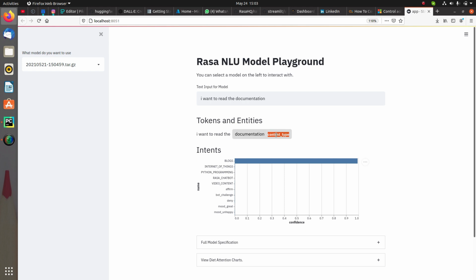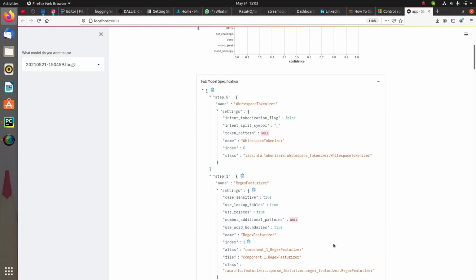In this way you can do intent classification and entity extraction in the live NLU mode, and that is possible because of Rasa Lit. I think that sounds really interesting, and it is a really useful method to create a Rasa application, or let's say a Rasa chatbot. So that's all that we are going to do. Over here you can also see the full specification about it, or let's say what exactly is happening in the backend as well.